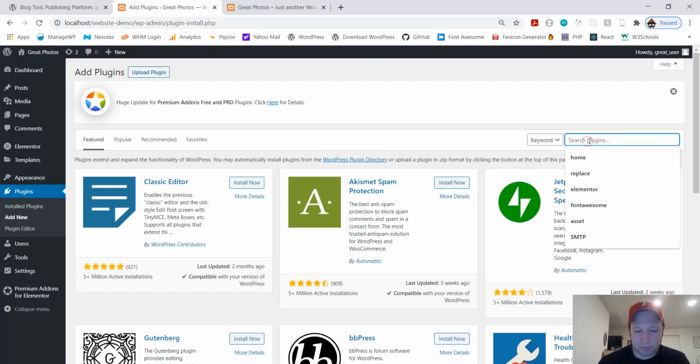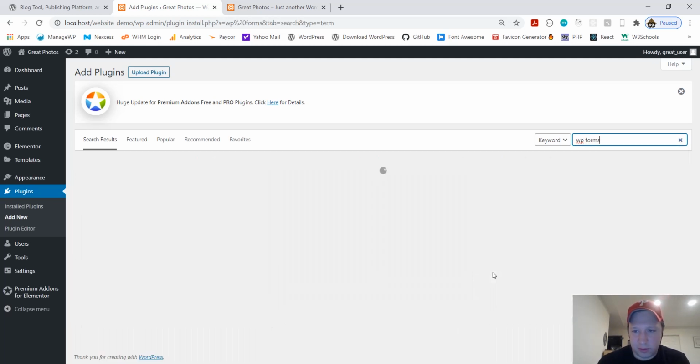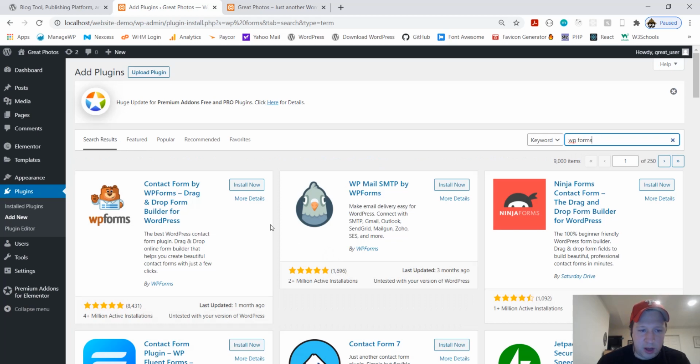We're going to add one more plugin, which is called WP Forms. And this is a contact form that's really super easy to use. This is also one I suggest you install. In fact, I'll install it now. It just helps push when somebody submits a form, a contact form, a customer or a user on your website submits a form, it just pushes that form submission to your email.